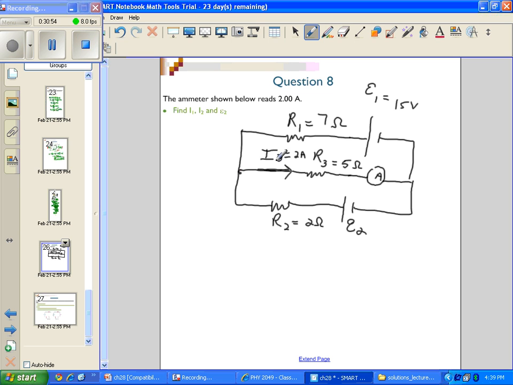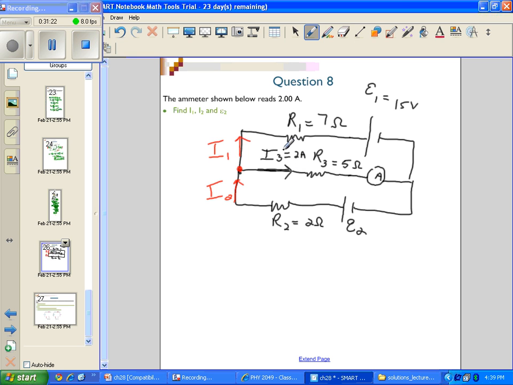Since I3 is drawn this way, let's choose this to be our junction. And how about we say that I1 flows out of the junction, and so does I3, and I2 flows into the junction. Again, this is all a guess, since the only thing that we know is that I3 flows out